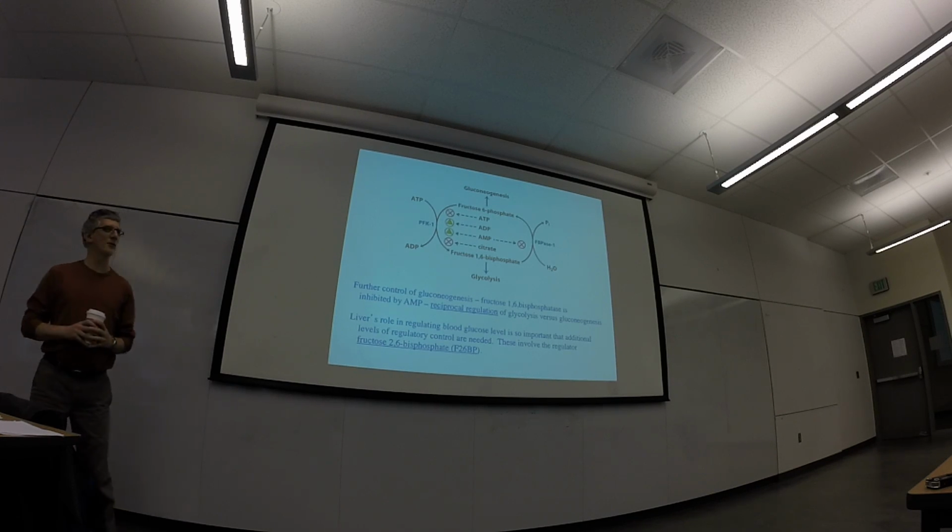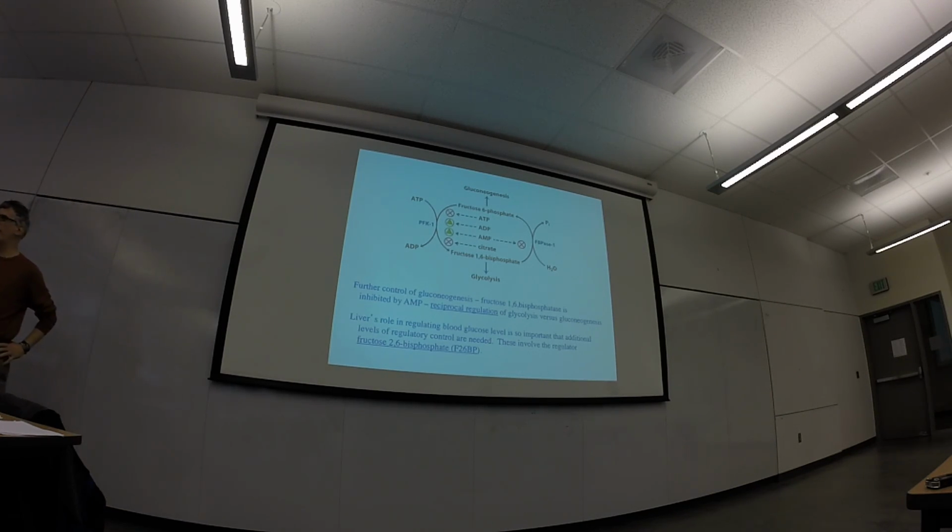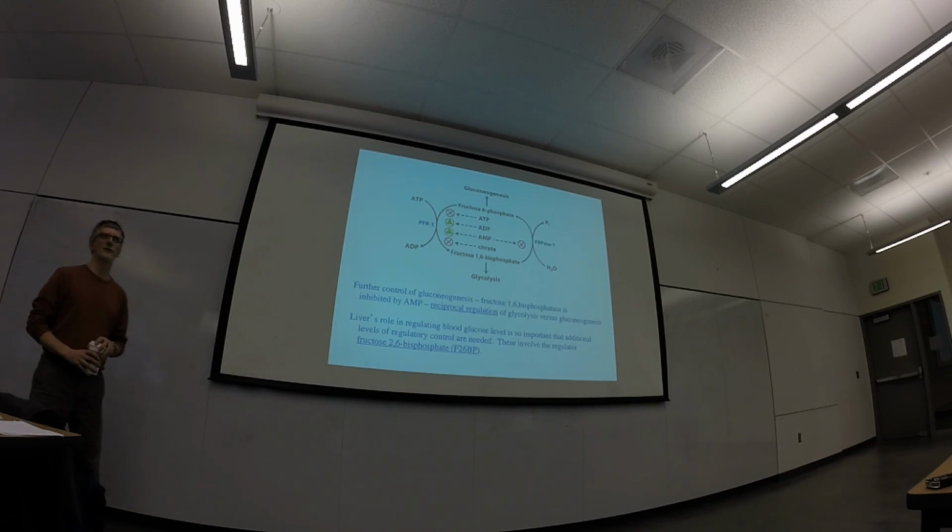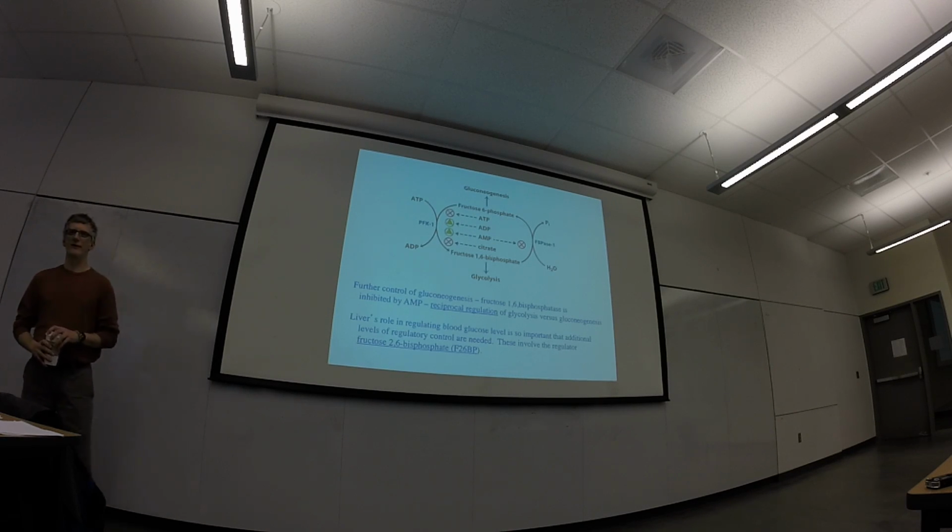Okay, so today we're going to talk a little bit more about the individual regulation of enzymes in glycolysis, really just the fructose bisphosphatase, the PFK1 step, and the FBPase 1 step in gluconeogenesis going the other way, which is what we started talking about last time. And then we'll get into the regulation of glycogen synthesis, which is a little bit more complicated in that it involves more hormonal control.